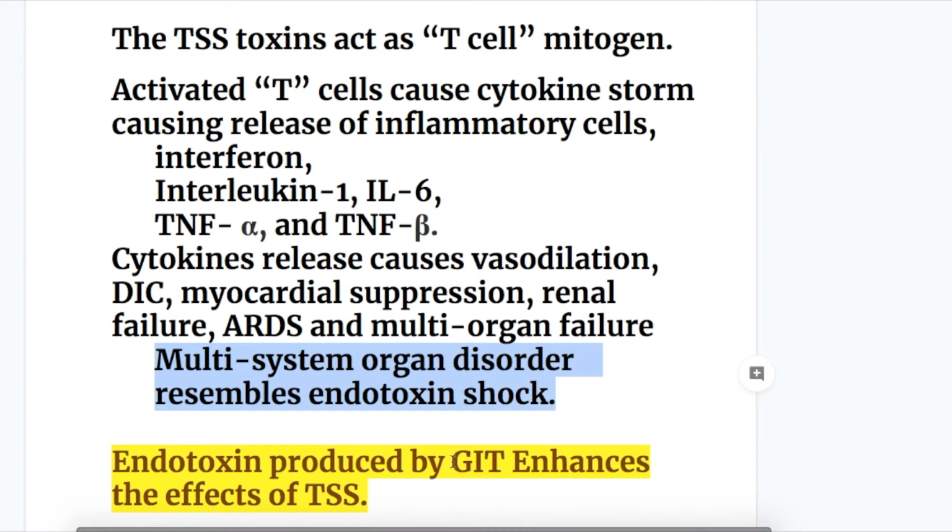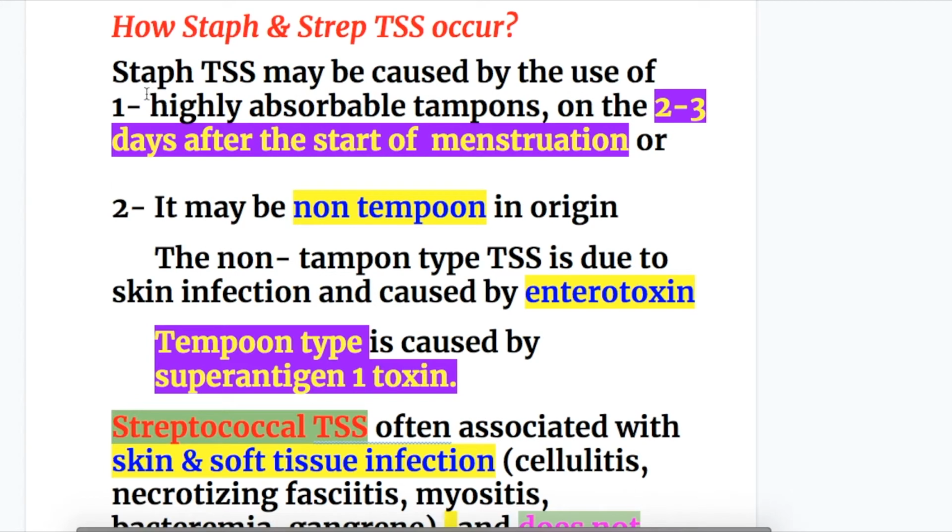Endotoxin produced by GIT enhances the effects of toxic shock syndrome. So GIT produces endotoxin in toxic shock syndrome. How does staph and strep toxic shock syndrome occur? Staphylococcal toxic shock syndrome may be caused by the use of number 1. Highly absorbable tampons that cause toxic shock syndrome on the second or third day after the start of menstruation, or